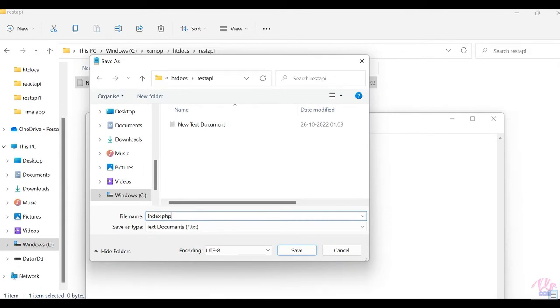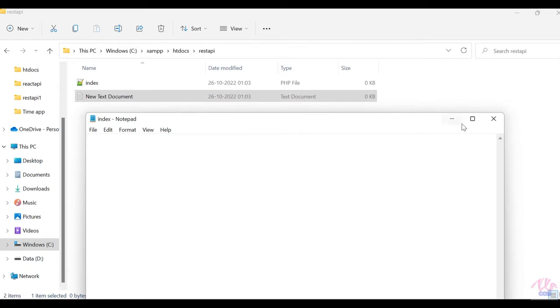We create an index.php file. We will write code to get the payload and save it inside our directory. First of all, we will fetch the post request method.